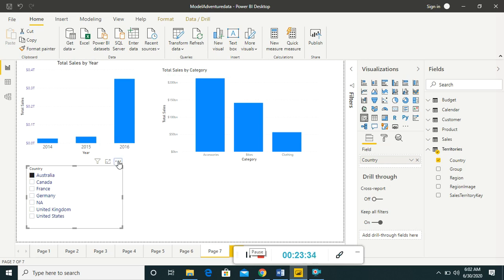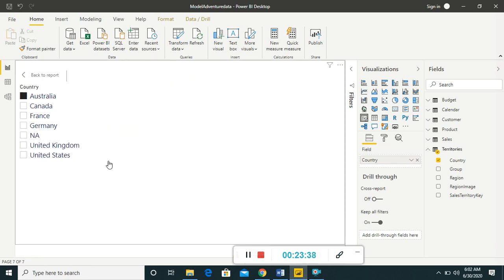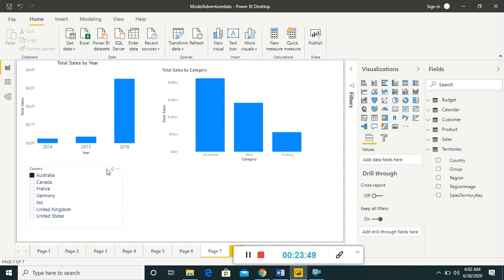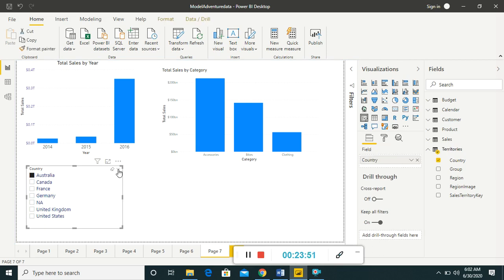There are more options available here. If you want to view it closely, there are various types of slicers. If you want it in a list view, this will be displayed.